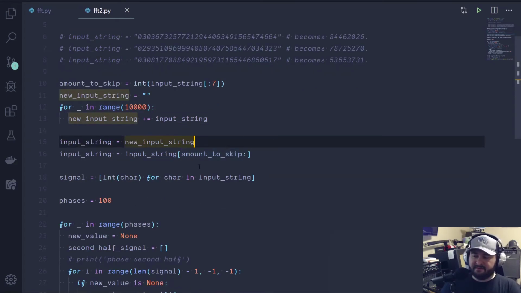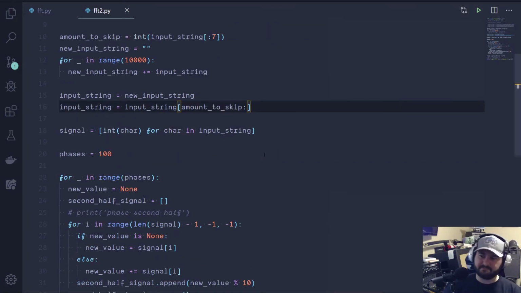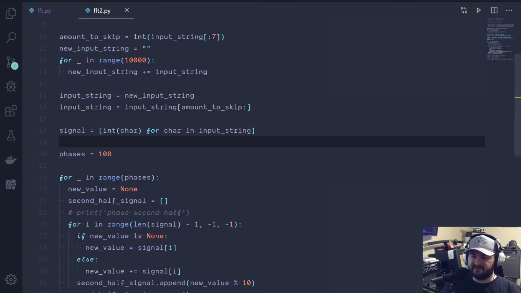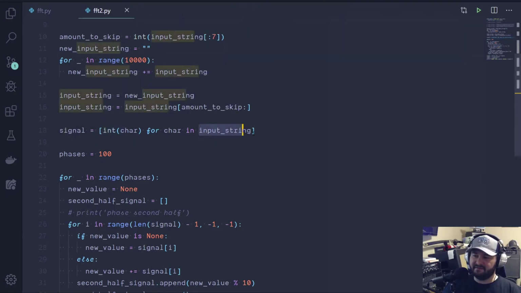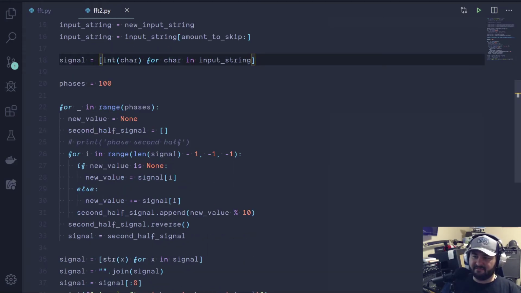And then I do a slice to get the remaining digits that I need to calculate. Right there. Then I do a nice list comprehension in Python. So I would use like a map in JavaScript, but if I say for each character, perform an int operation on it in the input string, that's going to give me a list of digits, of integers. And then I loop over my phases, and then I'm going to loop backwards through the